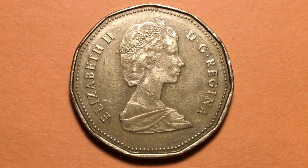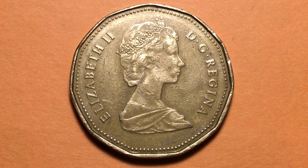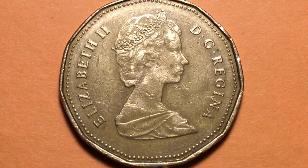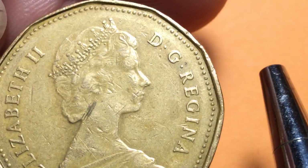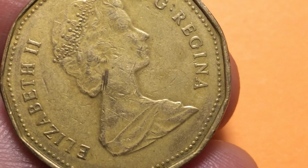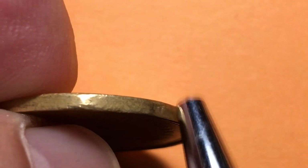This particular portrait is Elizabeth when she was 39 years old, and it's an engraving by Arnold Machin, and it is on many of the United Kingdom and British Commonwealth coins from 1989. This is the 3rd year for what they call the Loonie, and we'll find out why they call it the Loonie in a second. Now, if you look at this coin, you see it's a little bit strange when we look at the outside. It's an 11-sided coin, or hendecagonal coin. It has a beaded outer rim, a smooth edge, and when we flip it over, we'll see why they call